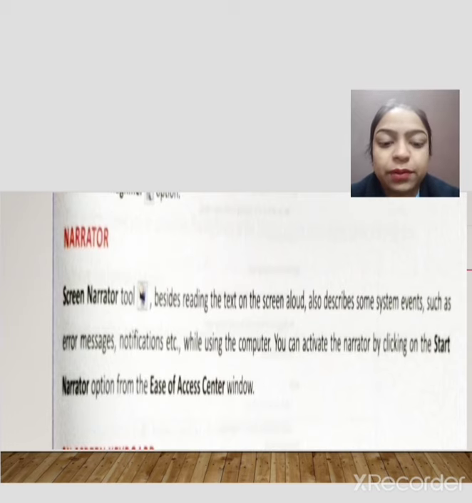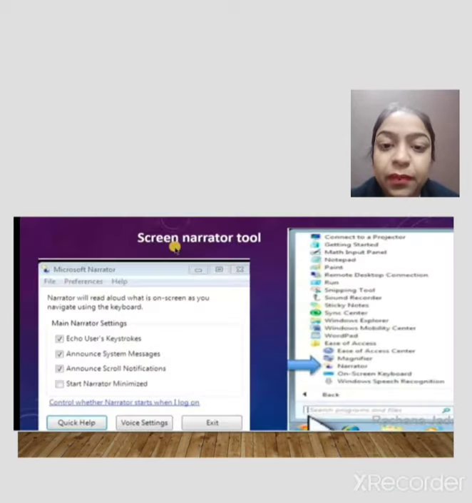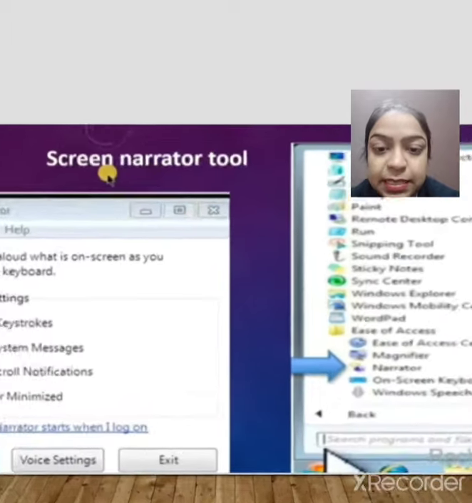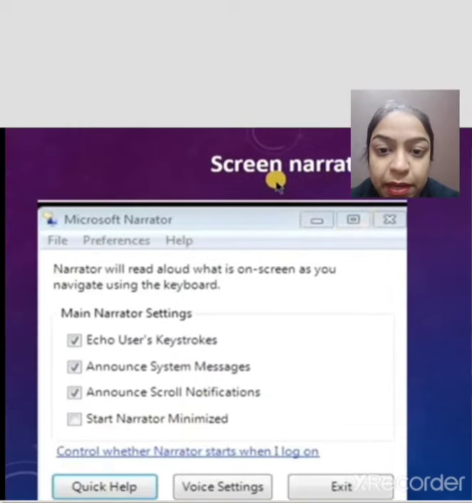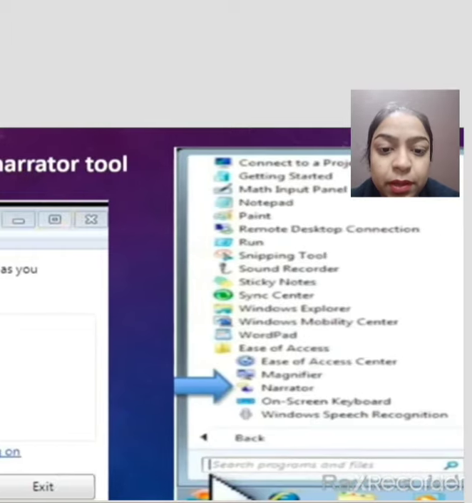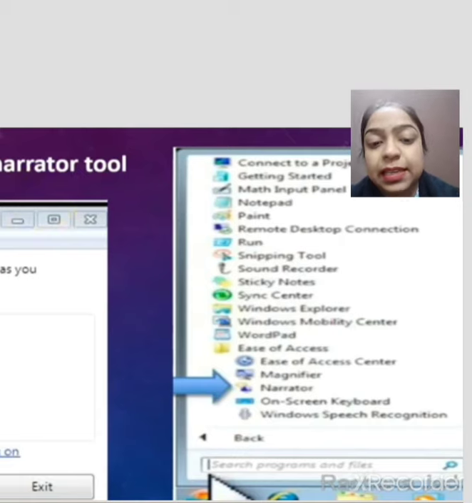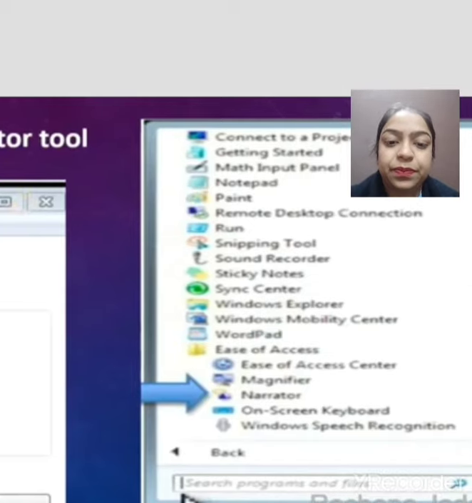How can you work with it? The screen narrator tool is also available on your computer and laptop. You go to Microsoft narrator. When you go to the start menu and see all the programs, you will see a narrator option. Are you able to see it in the figure?